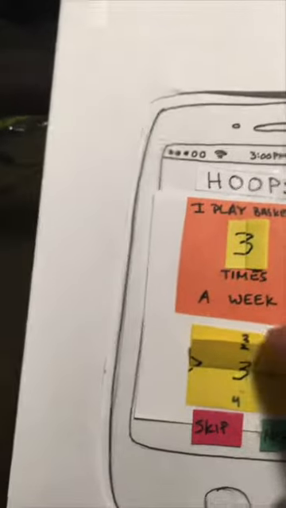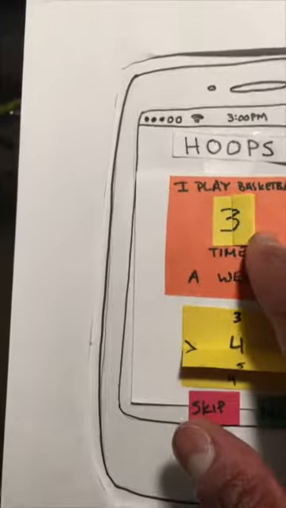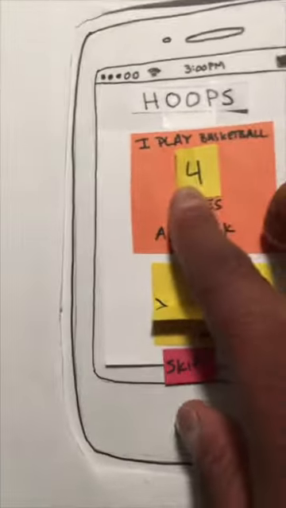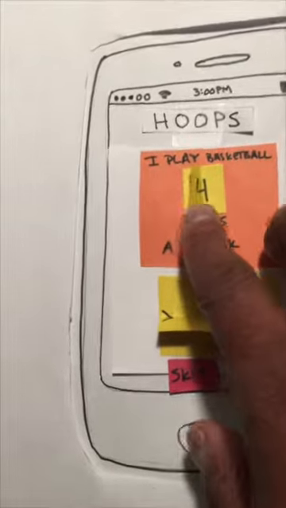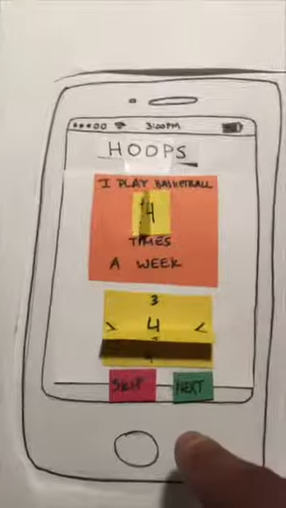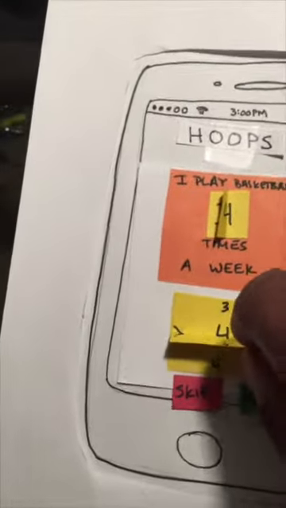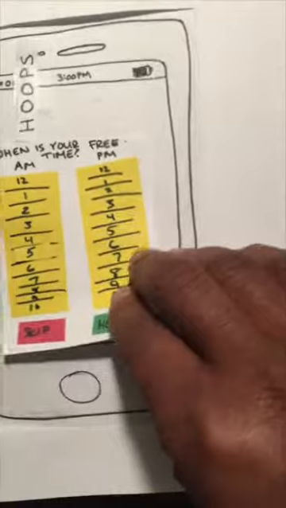You can use this slider underneath and say 4 times. That will go ahead and change this to 4 up here. I play basketball 4 times a week. You can press next to go to the next screen, or you can press skip to skip this interface, and it'll skip to that map screen I showed you before. Once you press next, you can go ahead